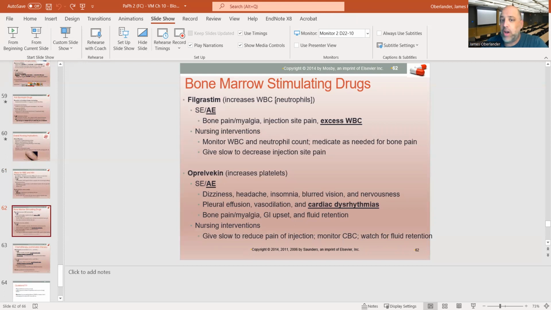Filgrastim increases white blood cell count. Oprelvecin increases platelets. Now, I want you to think about this. The last drug, epoetin alpha, filgrastim, and now oprelvecin. When might somebody have issues with their red count, their white count, and their platelets? Leukemia, right? When somebody has bone marrow problems, we're probably going to be giving bone marrow stimulating drugs,